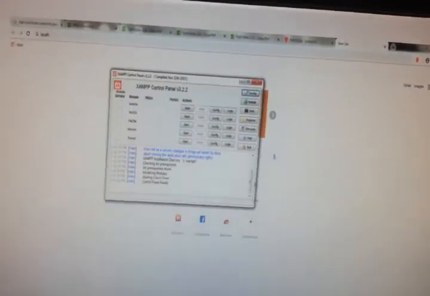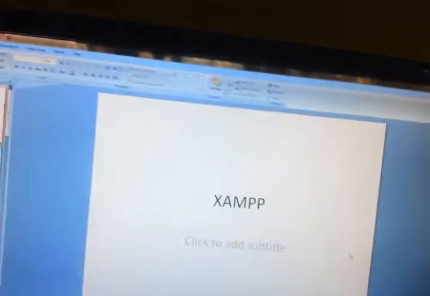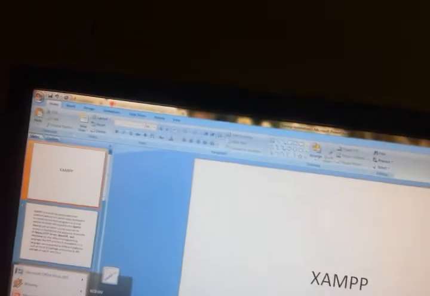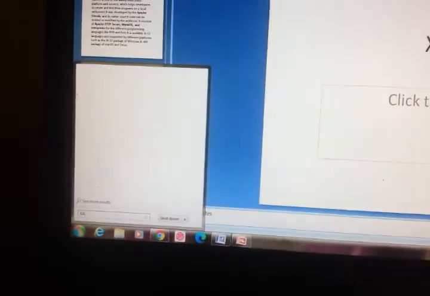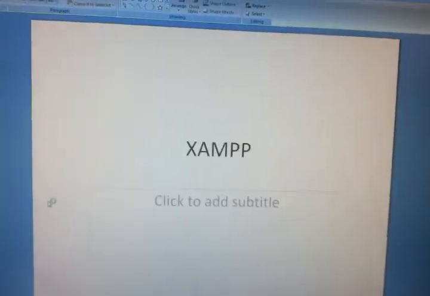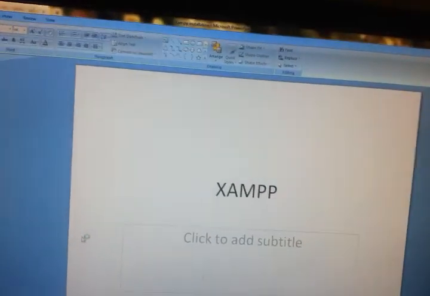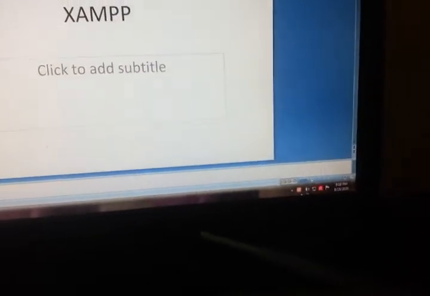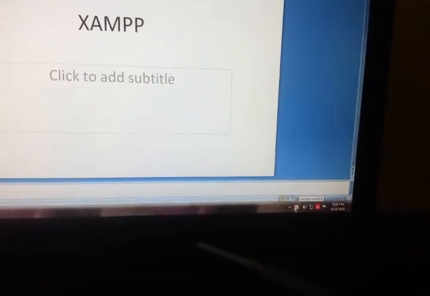I will show the XAMPP control panel. Just in the start type XAMPP, so you'll get here XAMPP control panel. It will show here in the taskbar.